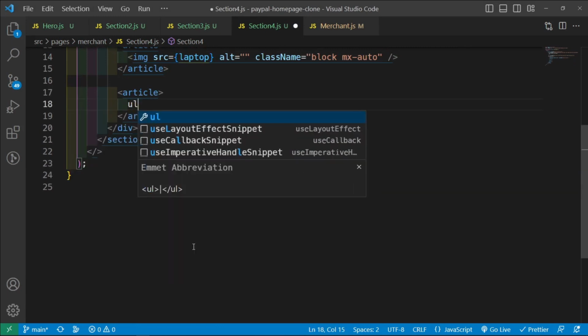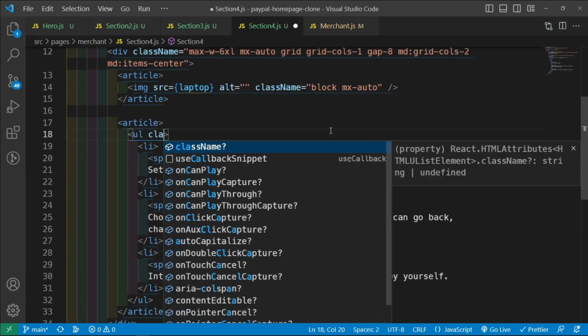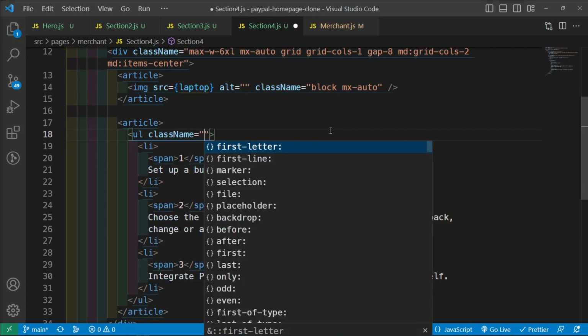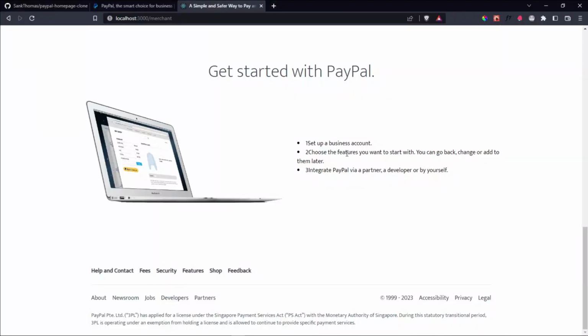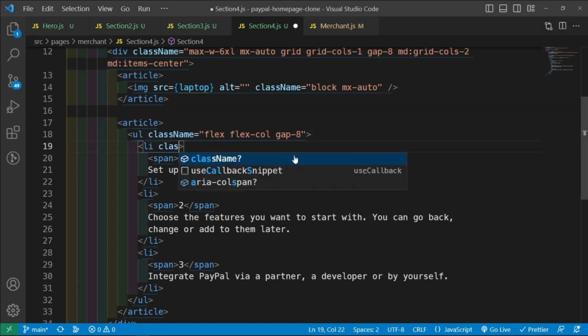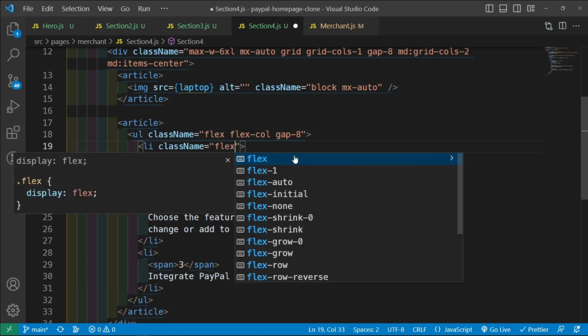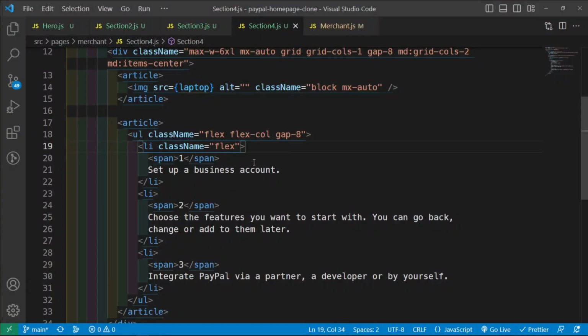Let's grab this. Let's set it up inside a ul, and then inside this ul we're going to give this a class name and say flex and flex-col with a gap of 8, just to separate them out. Okay, and then inside this list item I'm going to display this as a flexbox as well, because I want the number and the text to be separate. I don't want the text to start here. Instead I want it to start where the number ends. So flex,